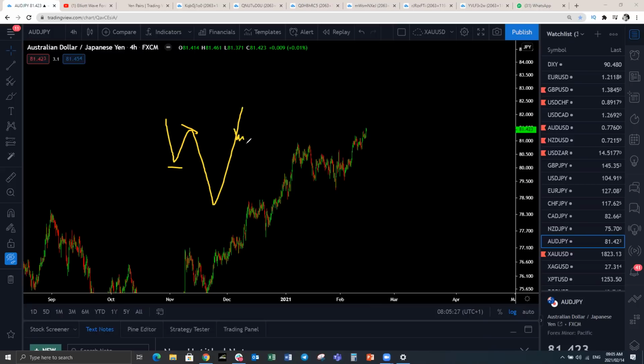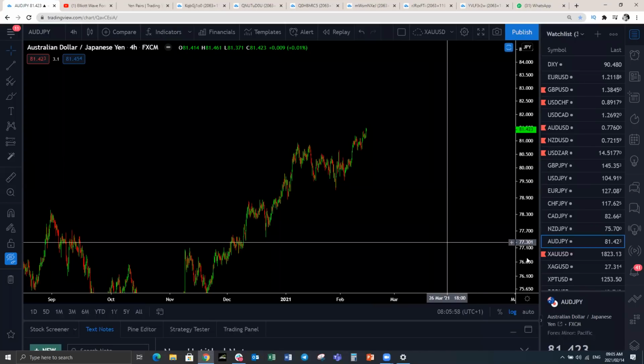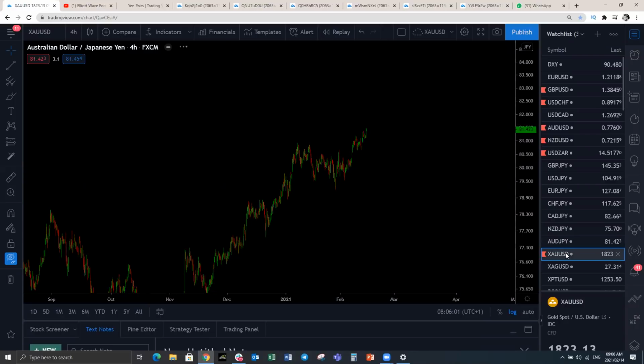We're actually around these levels, looking for continuation to the upside. This has also made this 3-wave corrective structure. Now we're expecting continuation to the upside. It makes an impulse correction here. This is where Aussie US dollar is currently. Aussie yen has already broken out of that corrective structure, so we expect Aussie US dollar to do the same because it is lagging Aussie yen. Let's see how that's going to play out in the next coming weeks. So that's why I've been saying the structures look very clear for the next coming sessions.